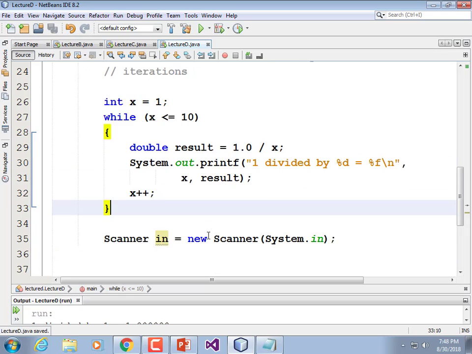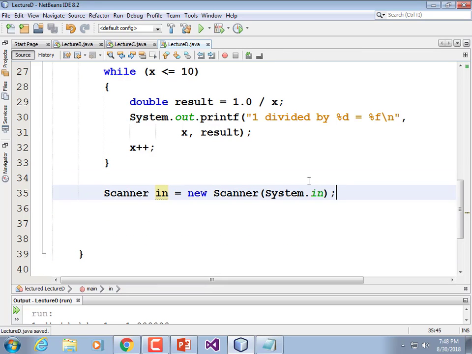Now, why do we need that? Because for user query, and for the other part that I'm going to add, which is where we ask for a number, we need the ability to read input from the keyboard. Okay, so we need some kind of variable that's going to indicate whether they wish to continue or not. Now I can't use the word continue because that's a specific keyword. But I could call it run again or repeat. How about repeat? Int repeat